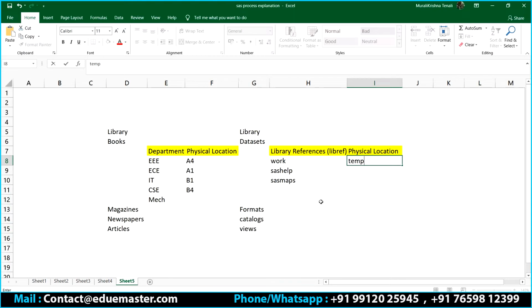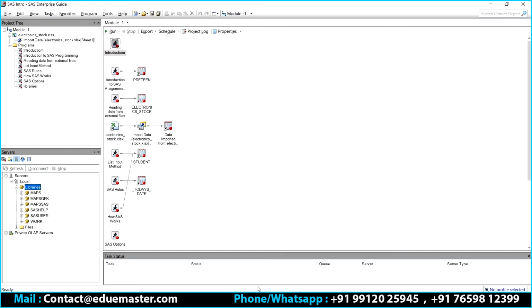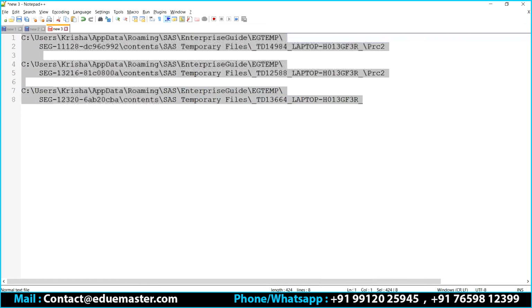That is a temporary thing, but he cannot move the library departments, the main departments. Correct? Those are allocated. Those are permanent. But for things like newspapers or used books, the place will be changing from time to time. If it is confusing, just keep one thing in your mind: my work library always has a physical path which is changing every time I reopen my session.